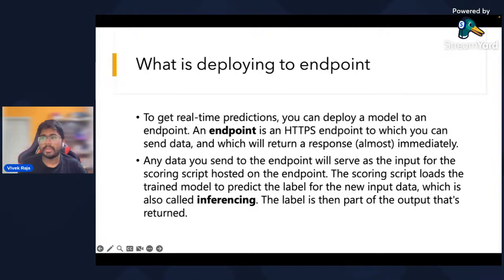So how does an API work? There's a URL, uniform resource locator. You send a request packet which should have some fields in it, correct? So some JSON format of your request that you send. Your request goes and hits some server or an endpoint. It processes it and sends you back some response.